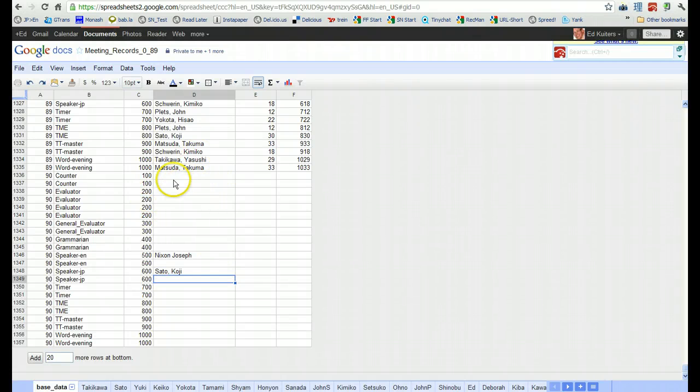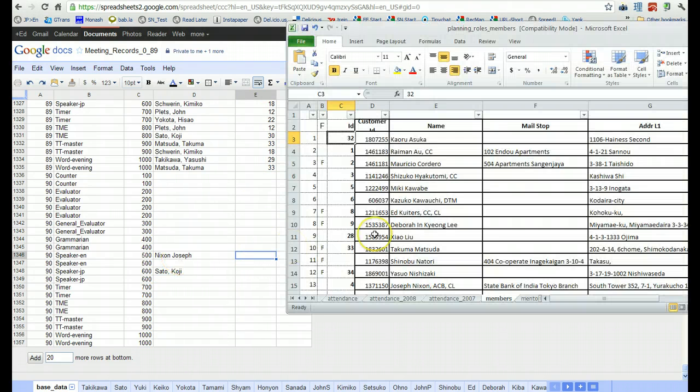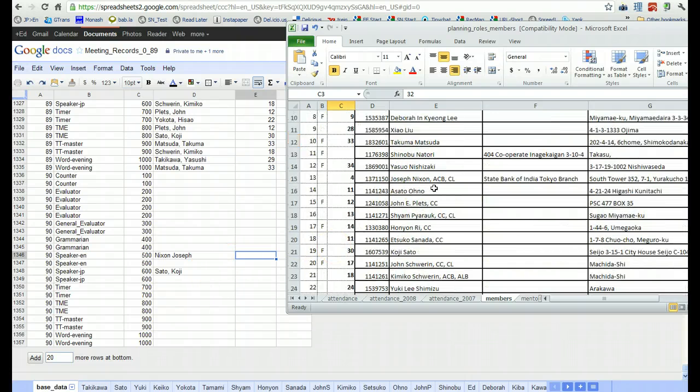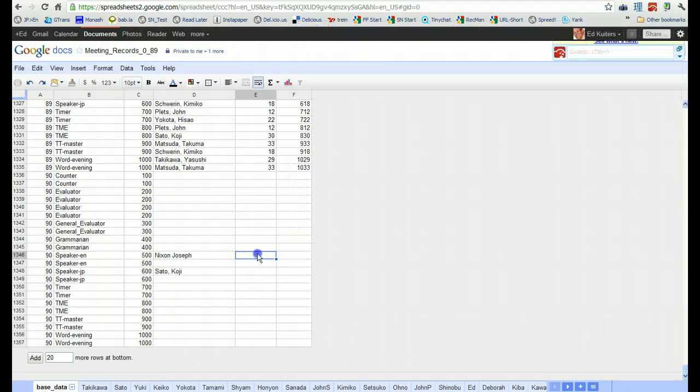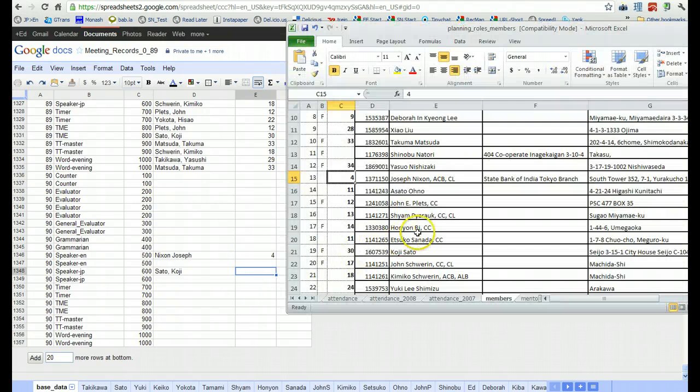And so you enter the record here, and then what you do here is you add their membership number, and the membership number you can find in the member tab of the planning sheet. In the member tab you can find, for example, Nixon. You look here in Nixon, and you can see that he has number 4. So you add number 4 here, and Sato Koji